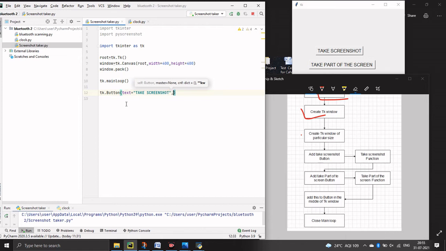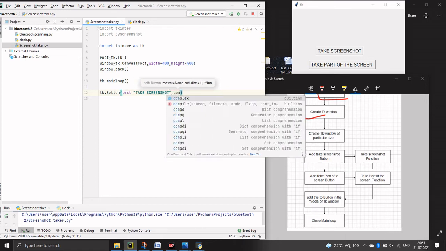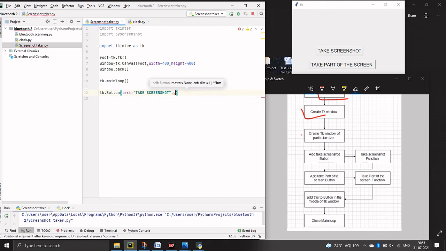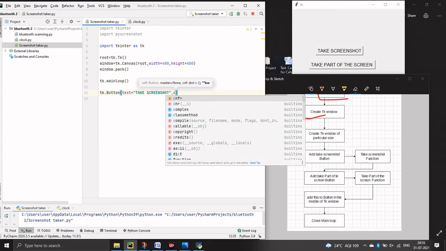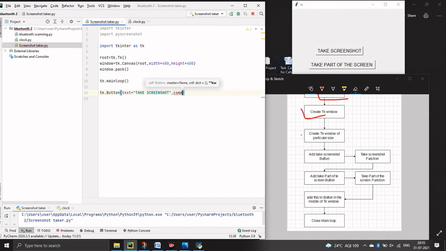So next parameter is command. Command is equal to, here we have to assign the function. After clicking on take screenshot we are doing some task, that is we are taking a screenshot of our laptop screen.